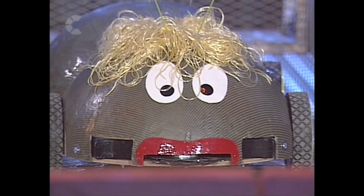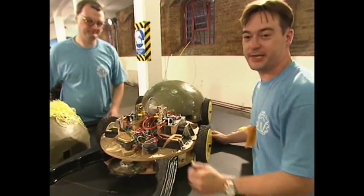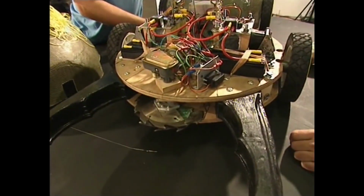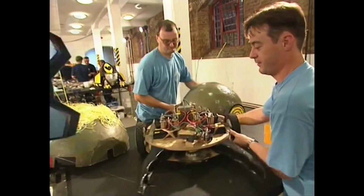Roboteers, stand by. Millyanne Bug, driven by Jeff Warren. This is Millyanne Bug. She has nibbling teeth at the front, and the main ability of Millie is to articulate in all directions. 3, 2, 1,